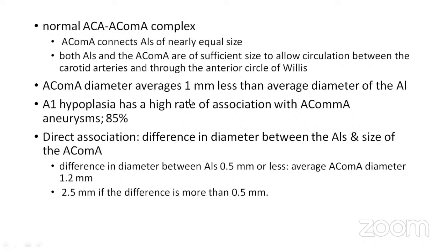ACA diameter averages around 1 mm less than the average diameter of A1. A1 hyperplasia has a high rate of association with anterior communicating artery aneurysm, around 85%. Direct association is also noted with the difference in diameter between the A1s and the size of the ACOM. If the difference in diameter between the A1s is around 0.5 or less, average ACOM diameter usually resides around 1.2. If the difference is more than 0.5,